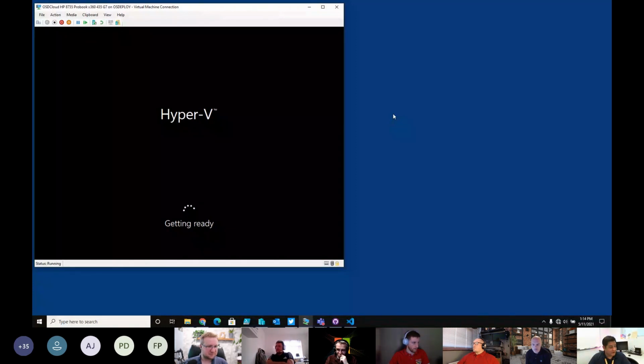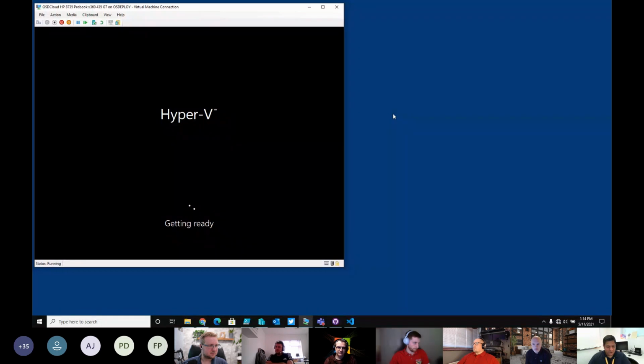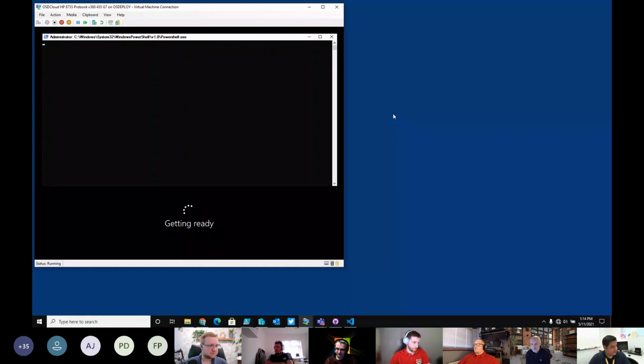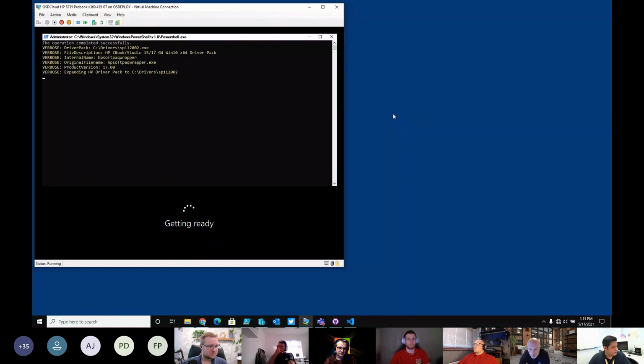So it works. This is the only way I can test it without HP hardware. And doing this actually allowed me to speed up a lot of testing in OSD Cloud by keeping it in a virtual environment. I can restore a checkpoint until I finally nailed and got Lenovo and HP working. It's a great way to simulate a deployment, and here it goes, for an HP device in a VM. You just have to know the product, and you see here, it's expanding the driver pack.